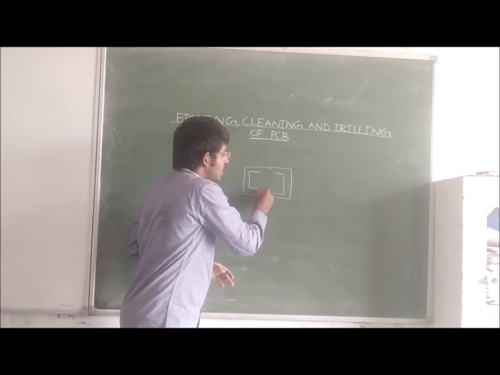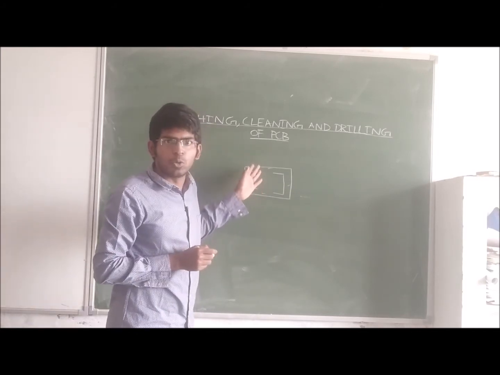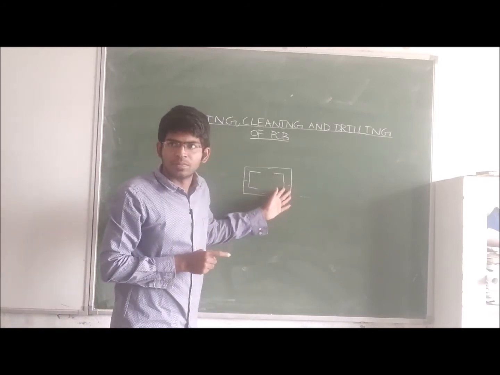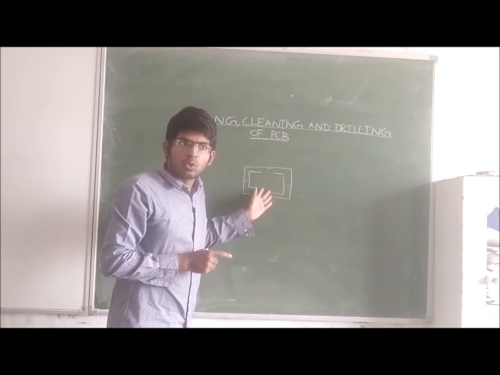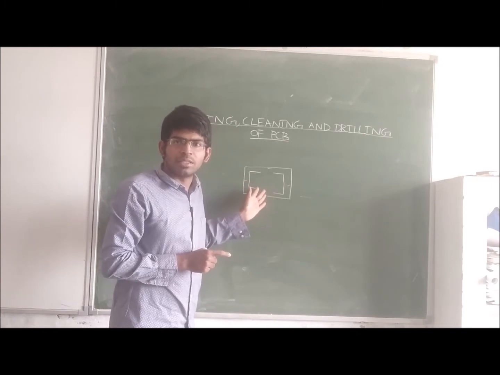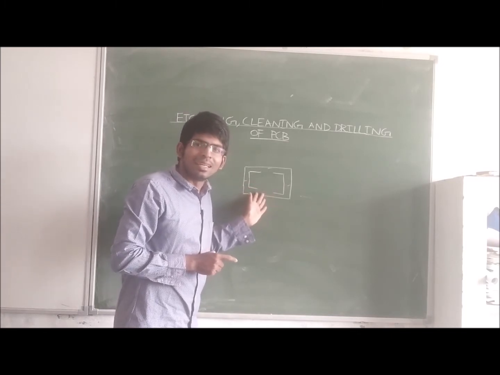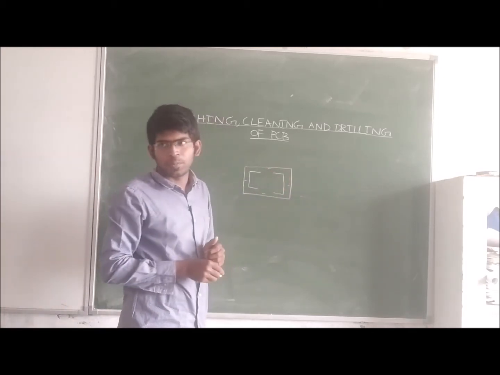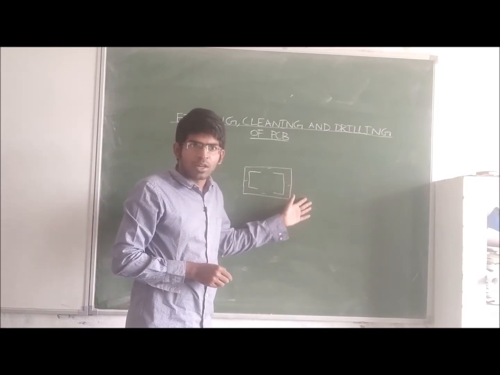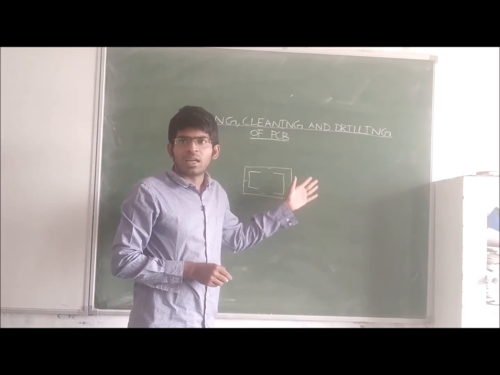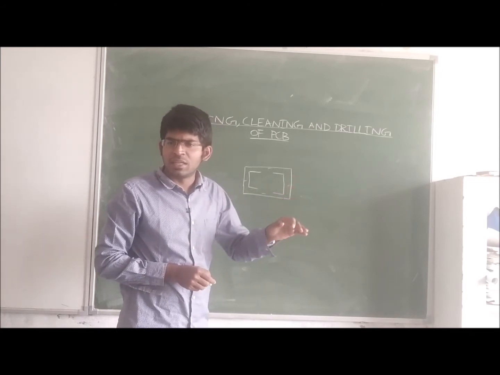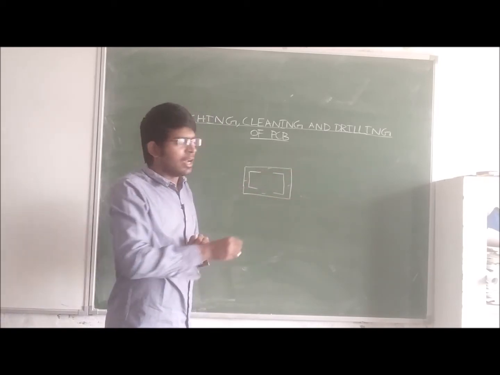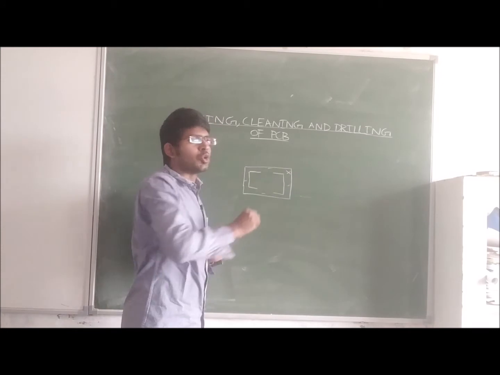But this surface now is copper, pure conductor, and the layout which we have drawn is ink. When we are using this copper clad sheet for the etching, this copper clad sheet is reacting with the etchant. What is the etchant we are using? Maybe ferric chloride. If we are using either ferric chloride or chromic acid or alkaline ammonia chloride, any etchant, then that ferric chloride reacts with this copper and makes this conductor an insulator.